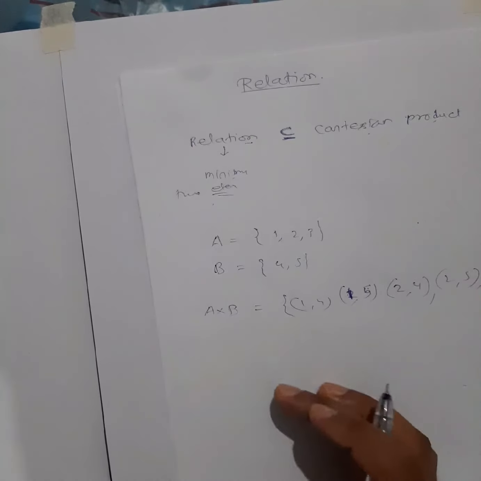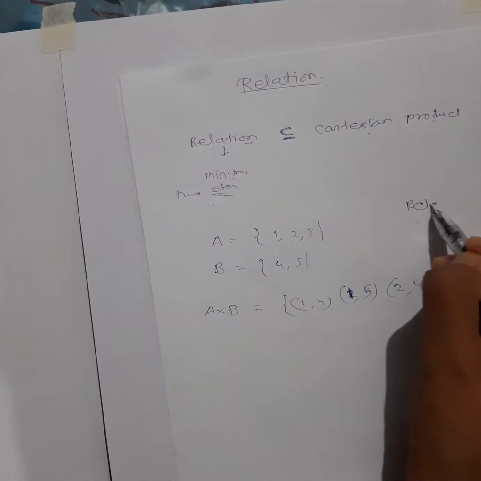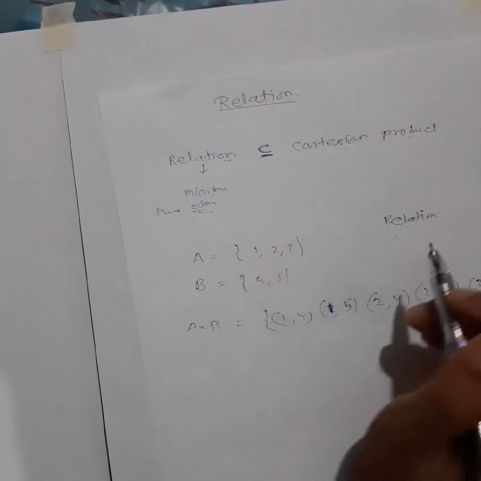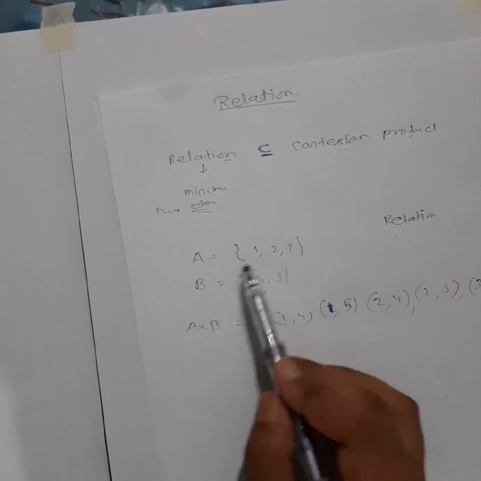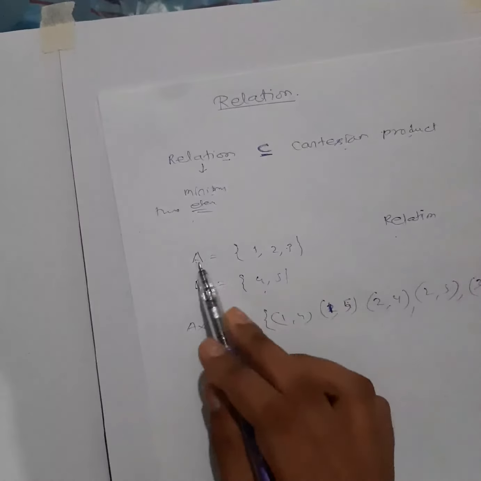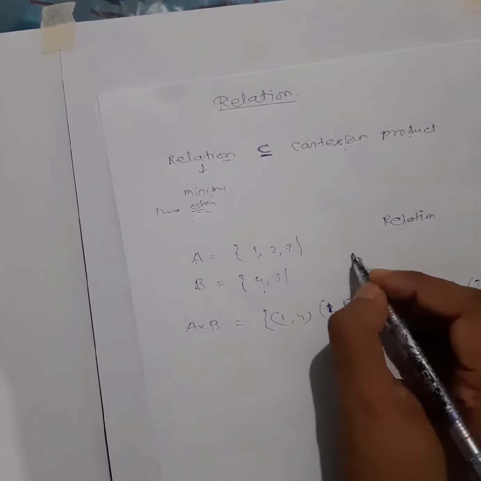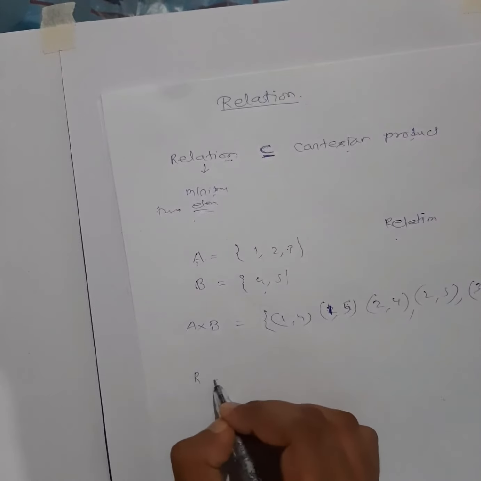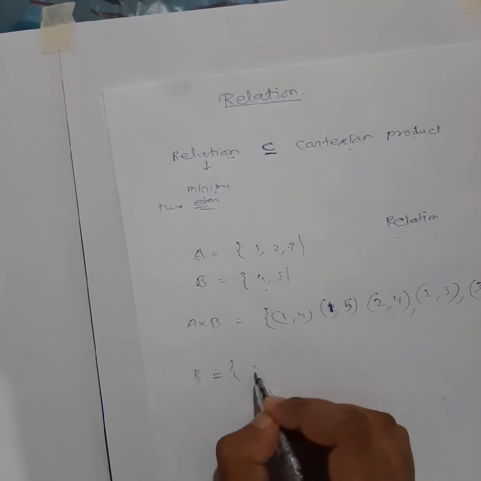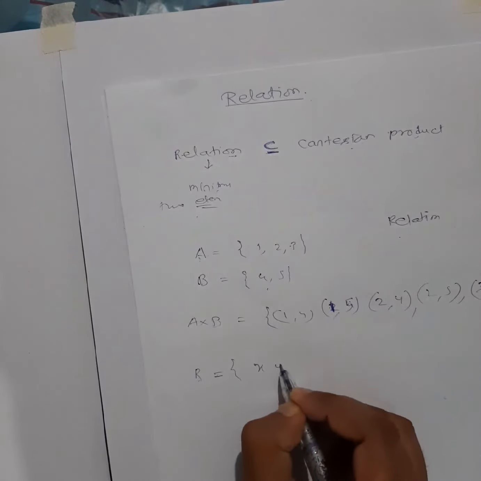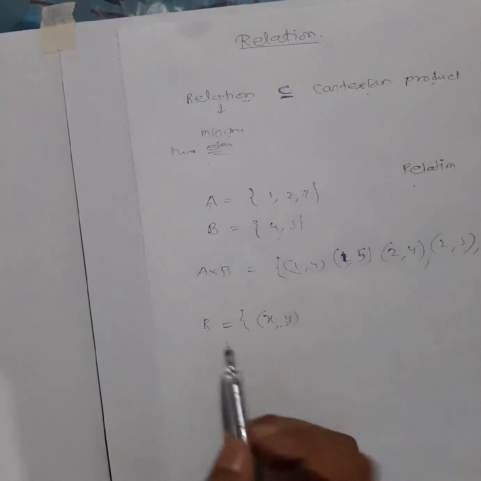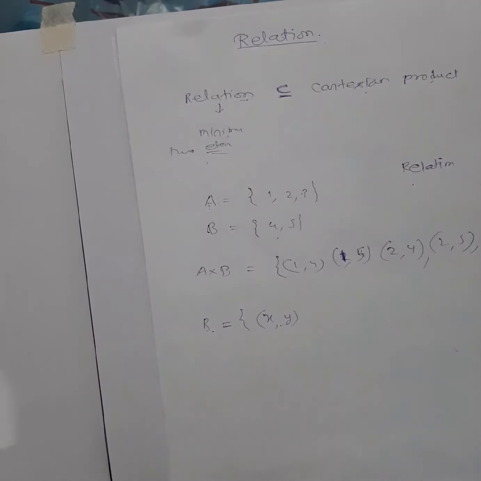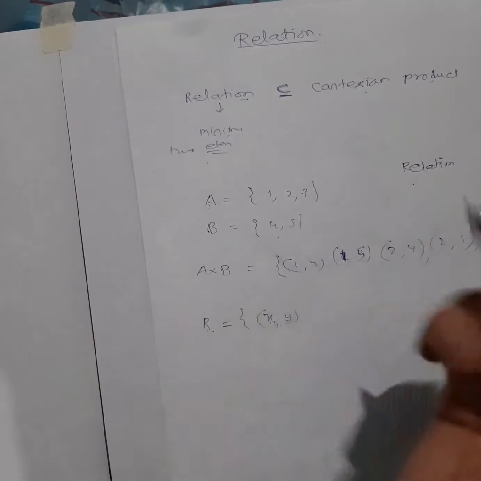Now if I define a relation, suppose like brother is a relation, sister is a relation, in the same way I want to define one relation between A and B. So what is the relation I will define? Say I will define a relation in which the elements will be ordered pairs, let me write x, y. Now which elements will be there? Only those where there is some relation between the first element and the second element. Let me define the relation as, suppose, x is less than y.